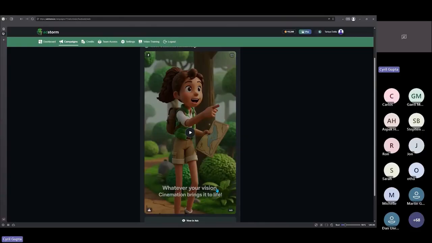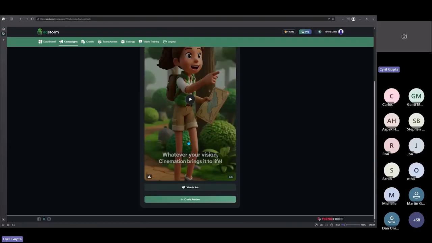So again, it created 3 different images in 3 different styles, 3 different videos in 3 different styles, and shows you what Cinemation can do. So yep, that's how easy it is to create video ads, so you can publish them. There is always a hook in the beginning, like that guy pulling out the sword. It will pull the people in, and then you're able to capture that lead, or get that person to the landing page. So that's how easy it is.